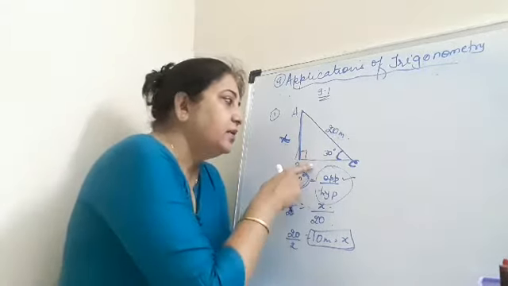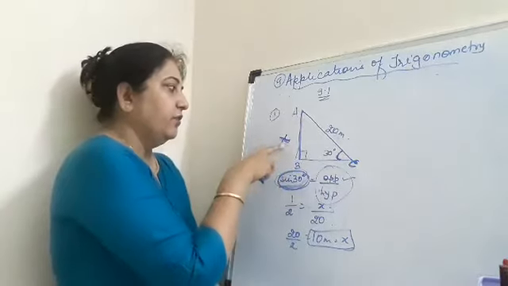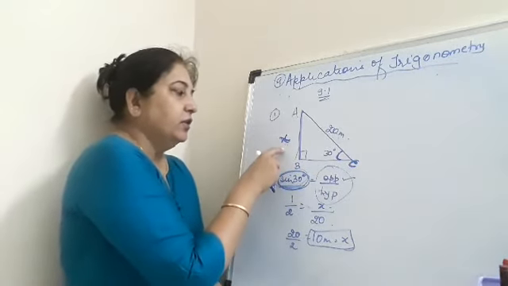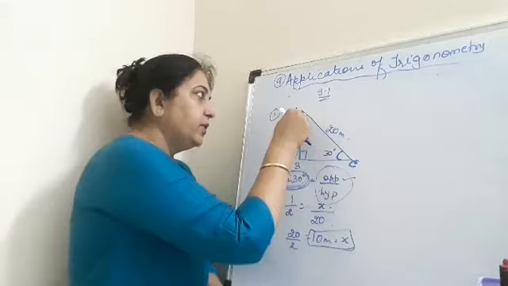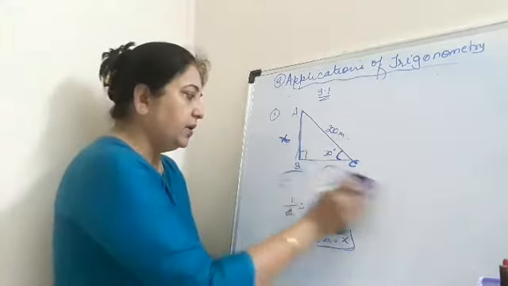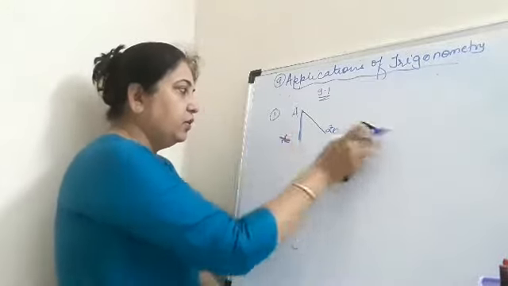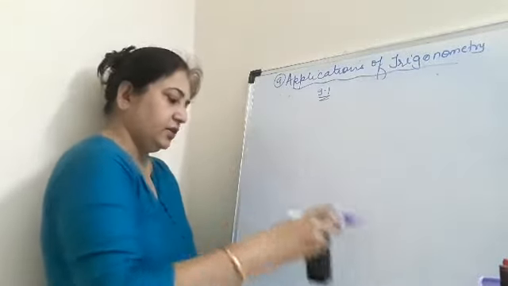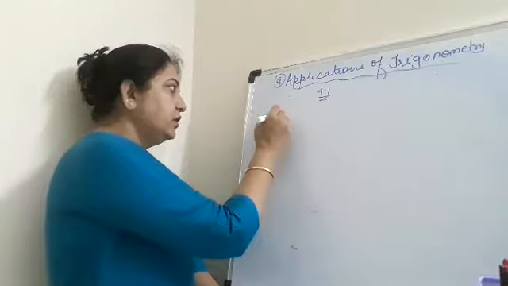Question number 1, the diagram is given. This is the length of the rope. We have to find the height of the pole with which the rope is tied from the top to the ground. Okay, this completes your question number 1. I'm rubbing this. You will draw the diagram in your notebook and then start solving it. I'll take up one more question.